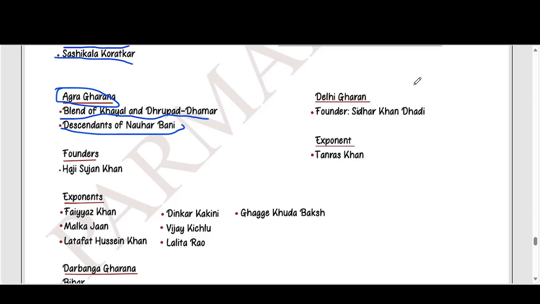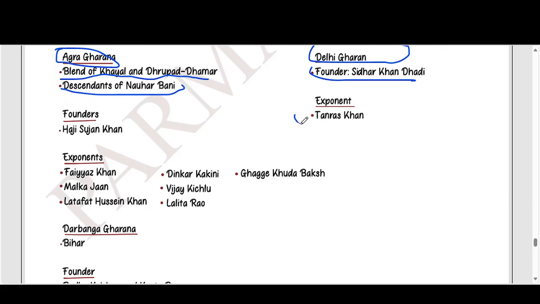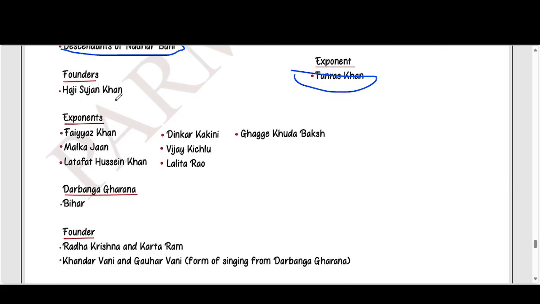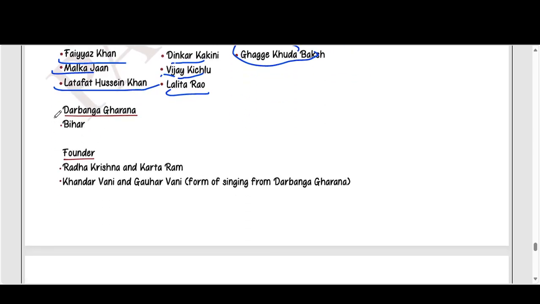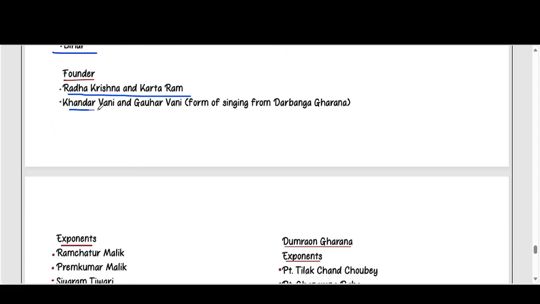Delhi Gharana, founder Sangeet Khan, exponent Tanras Khan, Haji Sujan Khan, exponent Fazil Khan, Malka Jan, Rasoolan Bai, Begum Akhtar, Vijay Kichlu, Lalit Rao Gharana. The Darbhanga Gharana, Bihar, founders Radhakrishna and Kartarram, known for Khandar Vani and Gauhar Vani styles of singing for Darbhanga